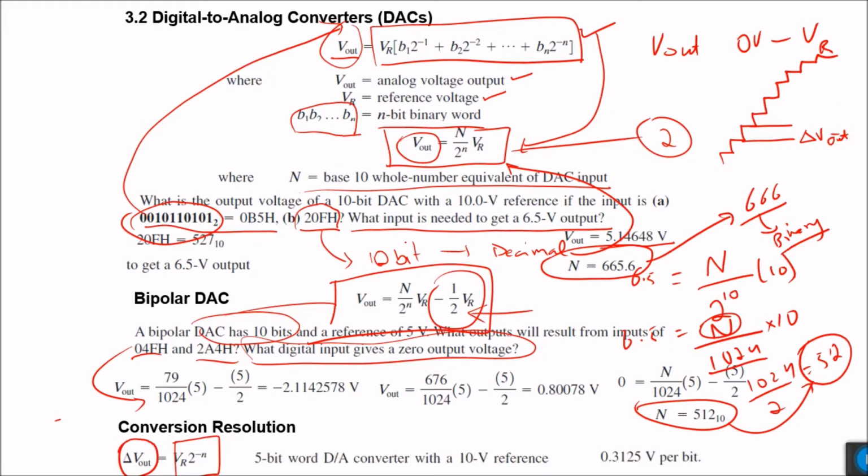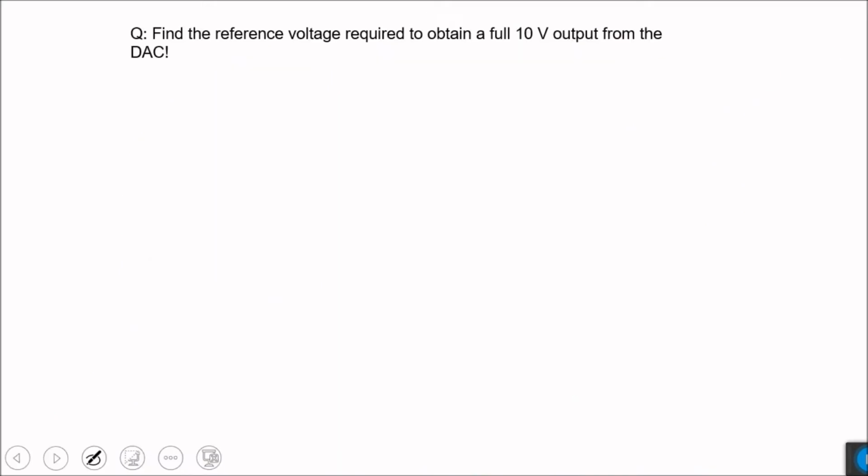So to further clarify this concept of resolution, he has given an example that a 5-bit digital to analog converter with a 10 volt reference will have a resolution of 0.3125 volts per bit. So you can give a minimum of this much step in voltages, that is shown right here, and you cannot go below this resolution. So that is effectively an inaccuracy in your reading.